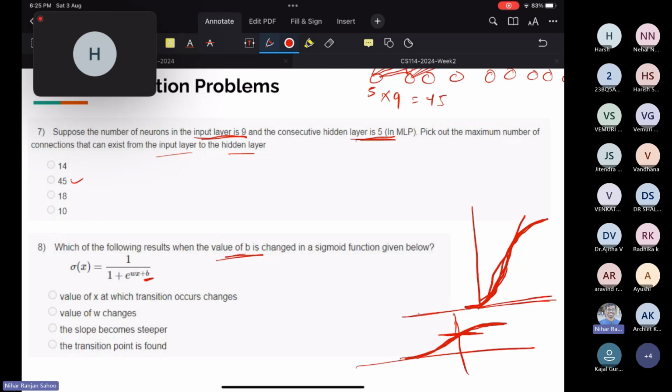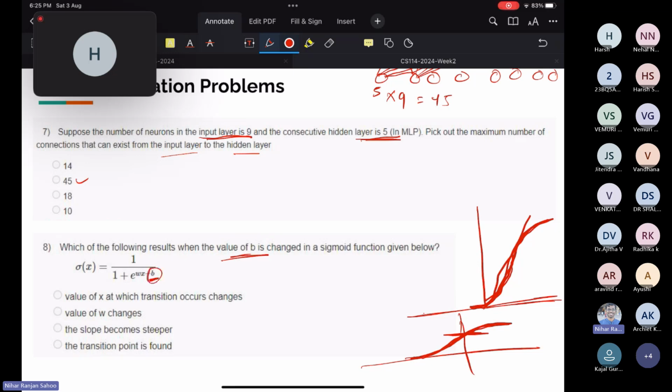Okay, so if the b value is 0, this is the plot that was taught to us. If b is something else, either we will start from here or from here, depending on the value of b. You can also try it out one by one in Google, plotting 1 plus e to the power